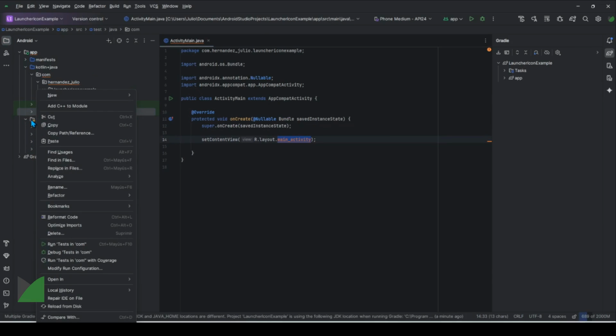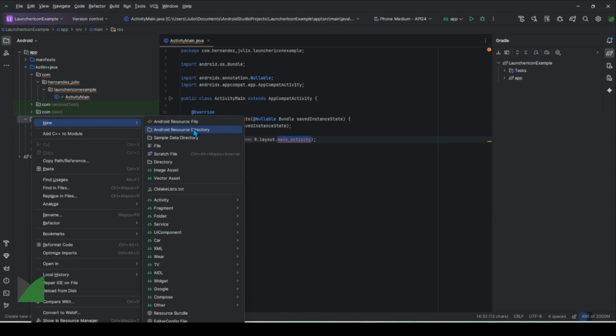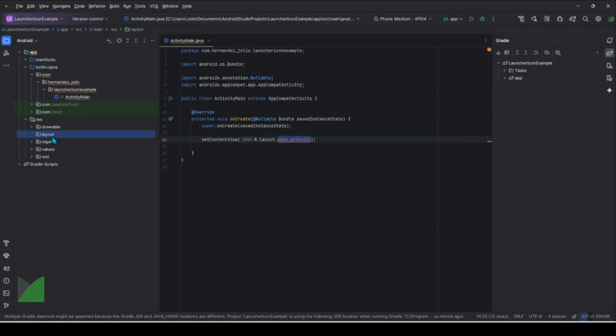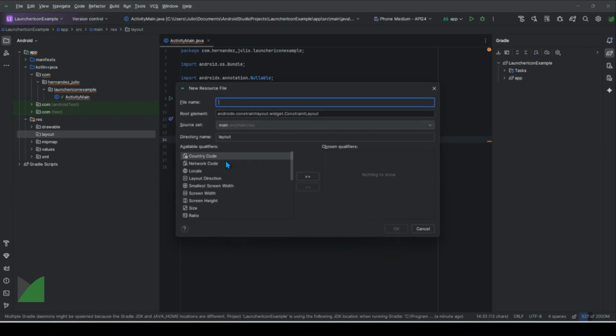But first I need to create the resource directory, and this is of type layout. Now I can create here my file,